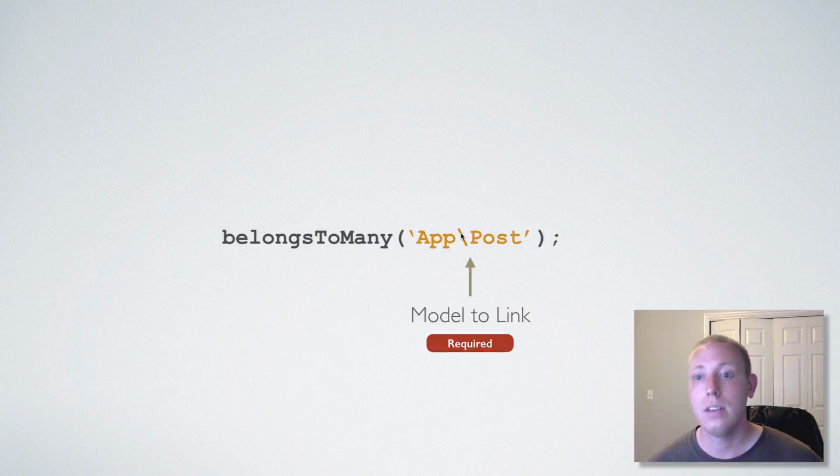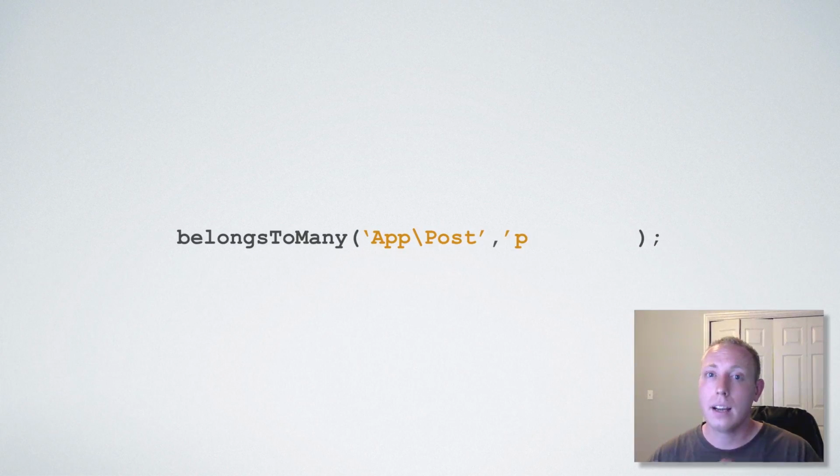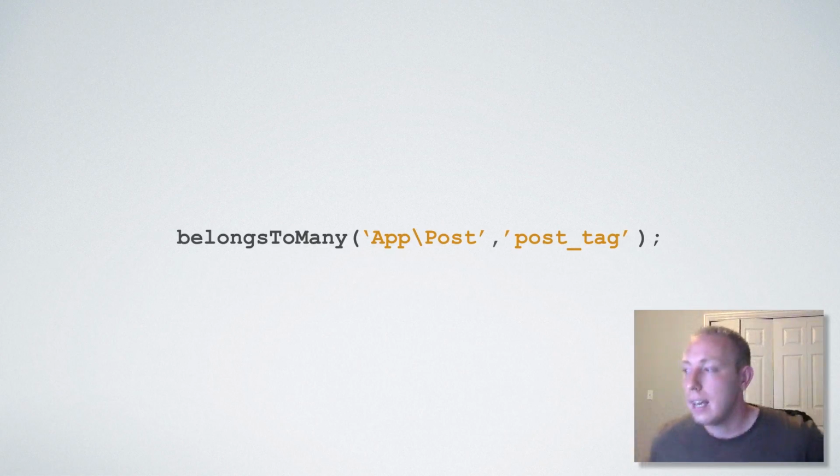Now the second parameter that you could have is basically you can customize the table name for the intermediary table. Okay, Laravel expects this intermediary table, and so it also assumes a certain name structure for that table. For example, the way that Laravel sets up the naming structure, it expects the name of the two models in alphabetical order. So in the case of the post model and the tag model, our intermediary table will be